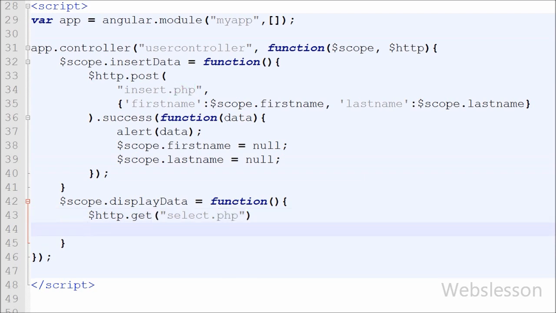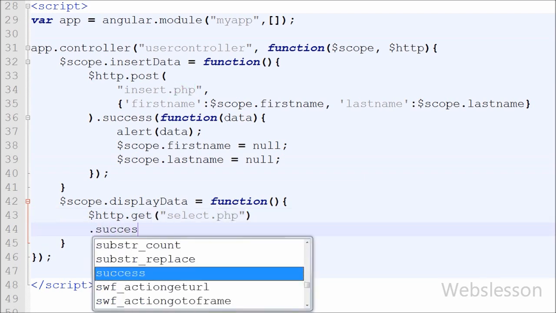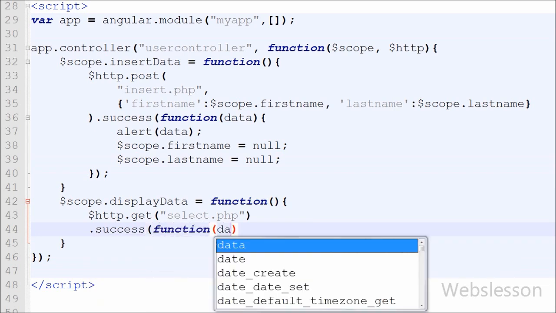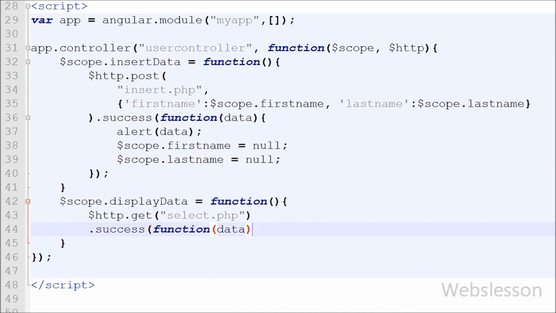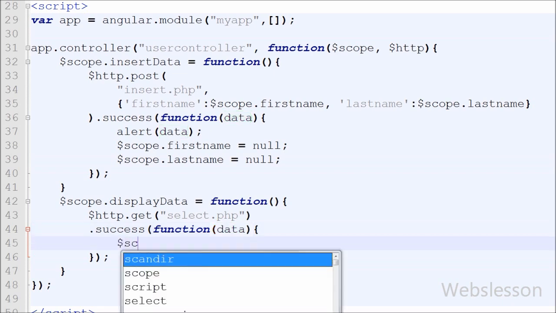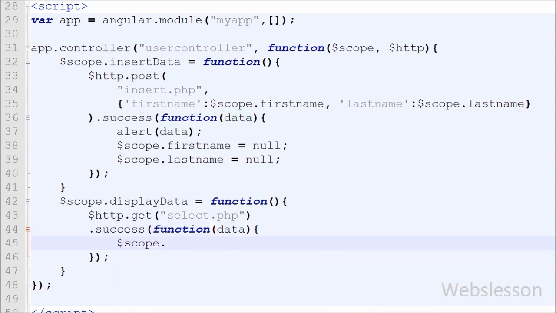After this we write a success callback function. For this we write a success function with one data argument. This function will be called if the request succeeds. This function will receive data from the server and store that data into this data variable, and we can easily display this data on the web page. To display the data which we have received from the server on the web page,